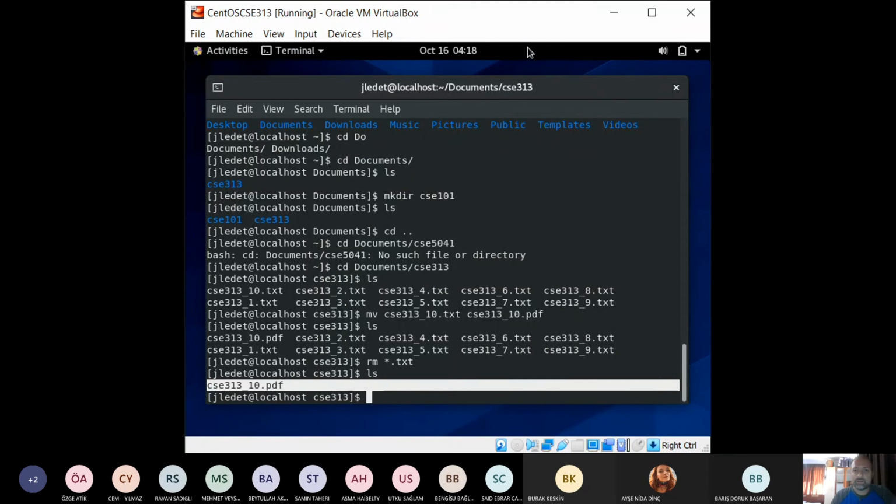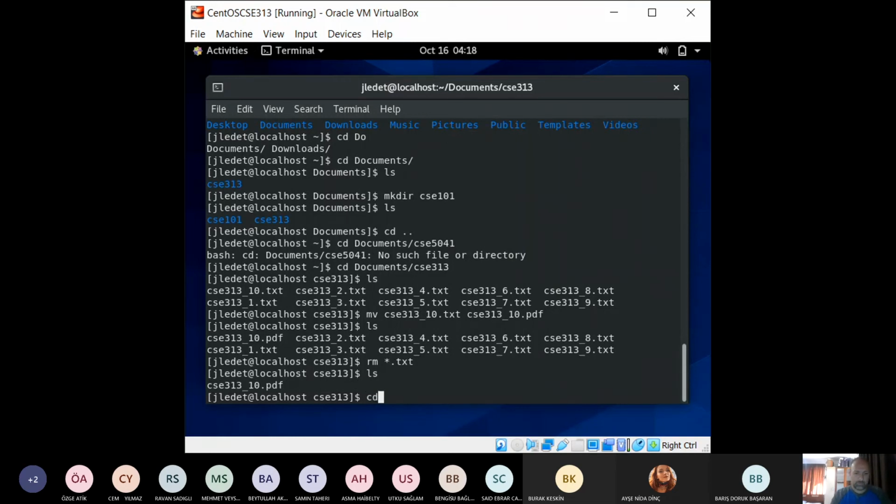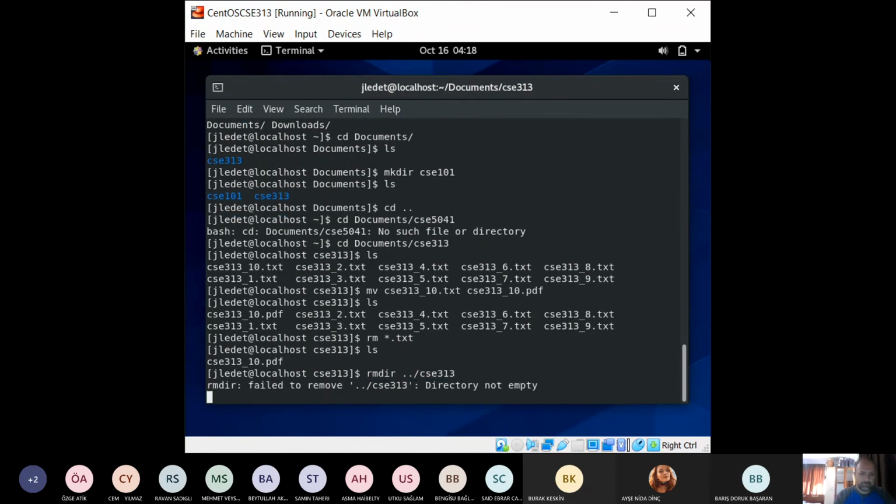We can remove files. We could also remove a directory, right? If I try to remove the directory /CSE 313, it's going to give me a problem, right? It's not empty. Okay, so if I do the -r,